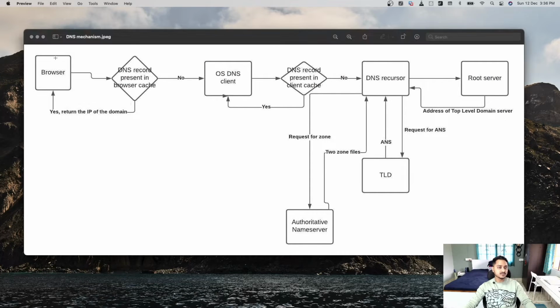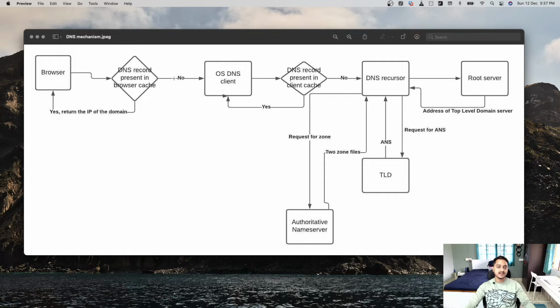So first, we type the website name in the browser, like maybe google.com or savikhalda.info. You write the name here. Every browser maintains its own cache of the records, in which if you just tell it the name of the website, it will tell you the IP, so as to make it faster. If it is there, it will return the IP